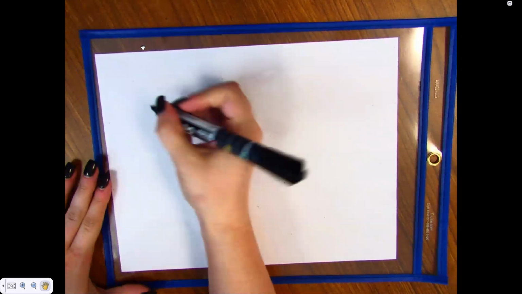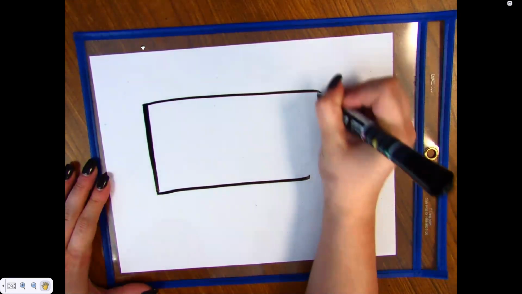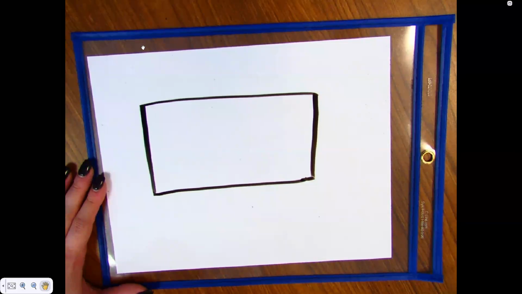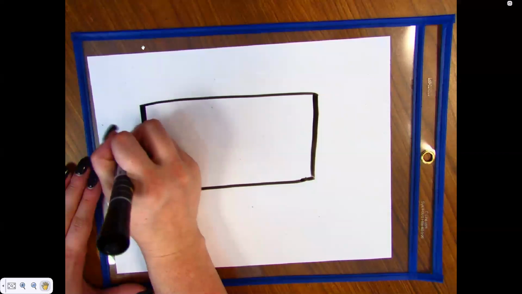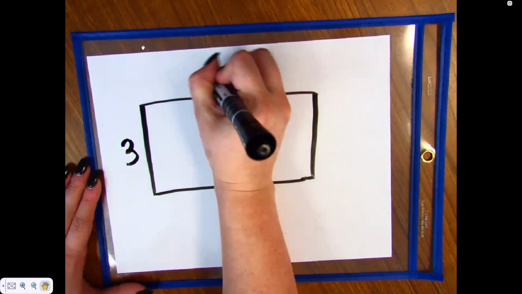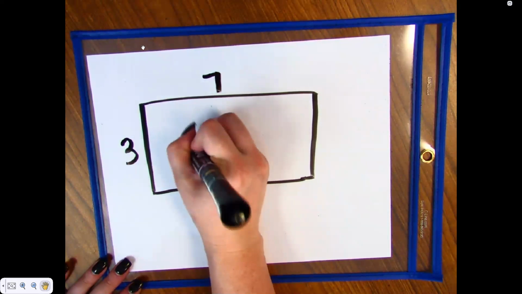So if I gave you, I drew a rectangle, okay? And I put 3, and then I put 7. And then I say, well, I want to know,